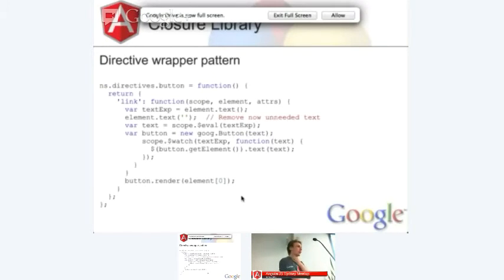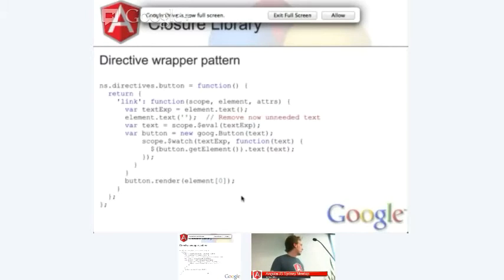So Closure Library gives you a set of reusable things that you can use in your code. These aren't too different from jQuery in terms of the widgets you want to use. There's also a bunch of library methods, things which give you crypto functions and so on, if you happen to want to use them. The reason I wanted to talk about this particular pattern is because it's more generally applicable to wrapping any external library widget in Angular if you want to do it.